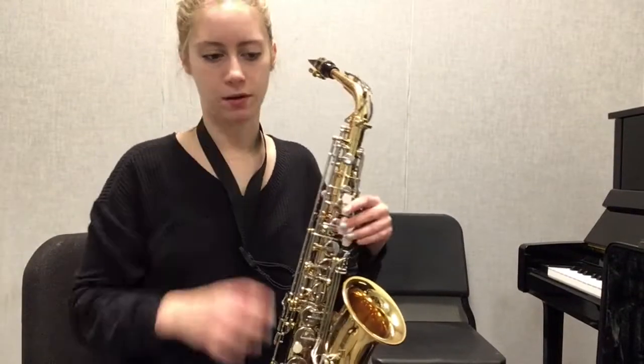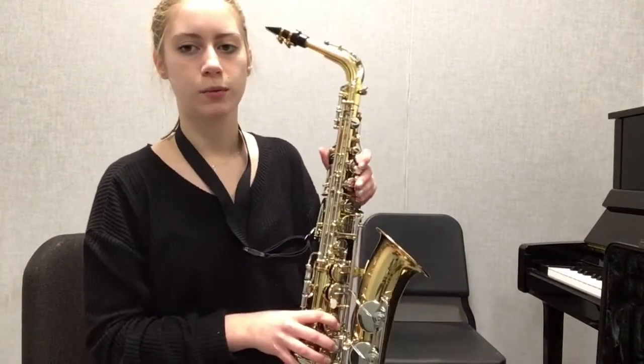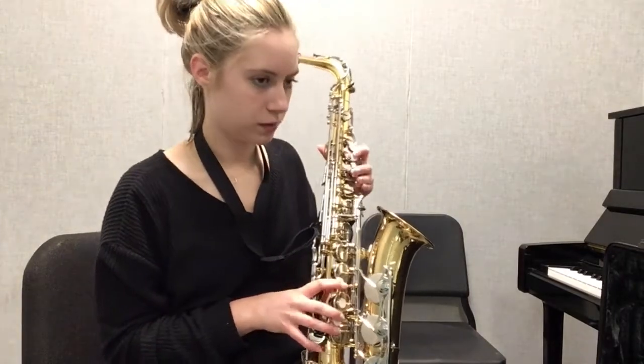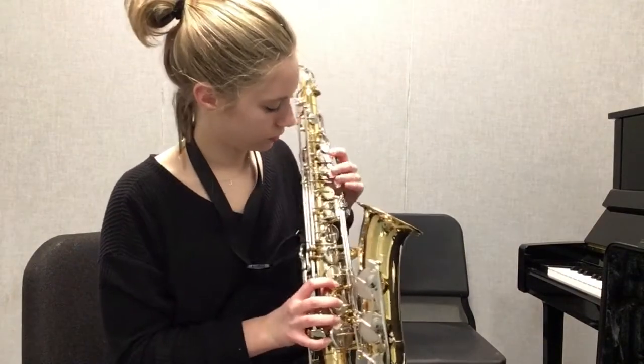So we're going to talk about doing the first 5 notes of a scale on the saxophone. A lot of woodwind instruments follow the same type of pattern with fingerings, whereas the more fingers you put down, the deeper the sound goes. So we're going to start with